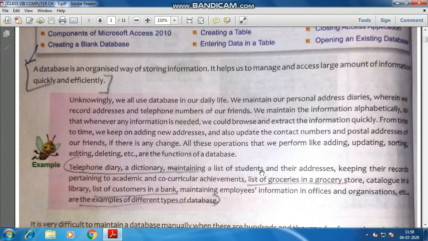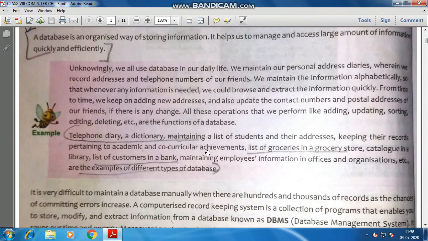Some examples are given here: telephone diary, dictionary, maintaining a list of students and their addresses, keeping records pertaining to academic and co-curricular achievements. Let's come to the telephone directory first. I don't know whether you have seen a telephone directory or diary, because these are two entities.